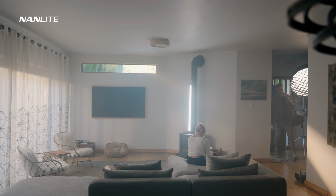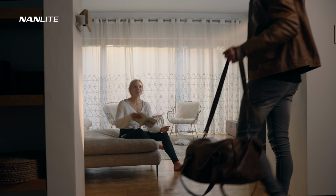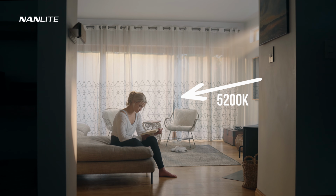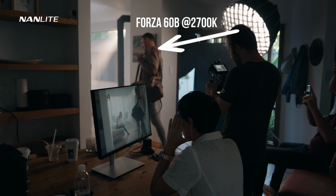I prefer my tubes horizontal for softer light, but since it's a wider scene, it doesn't really matter because we're not lighting for the face, but for the overall space. Again, dialing it a little cooler keeps the skin tone more balanced. Lastly, we had to light Dirk coming through the front door, and this was done with a Forza 60B, also